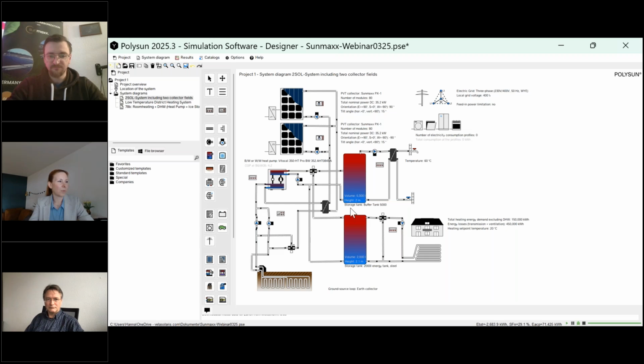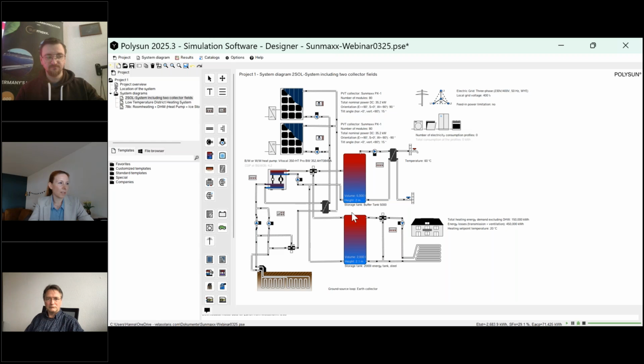So the direct use of the heat that we get from the PVT is not in the focus in this system, but we combine it with a brine to water heat pump and with the earth collector, just as a rough example.